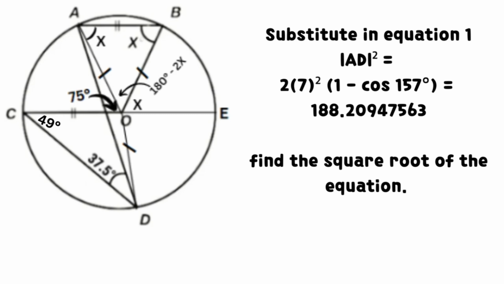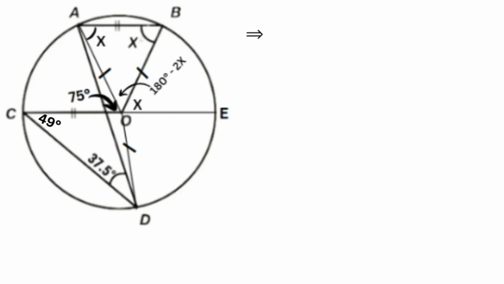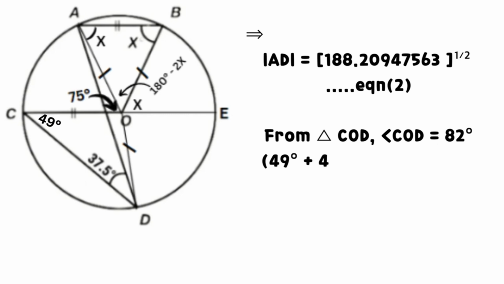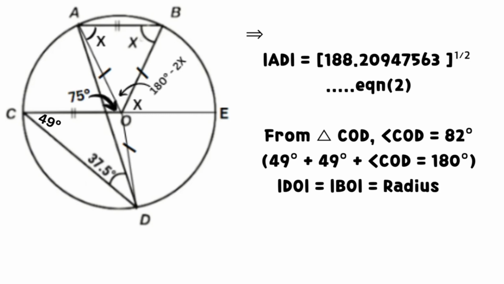Find the square root of the equation. We have that the length of line AD equals the square root of 188.20947563, which we call equation 2. From triangle COD, angle COD equals 82 degrees. Line DO equals line BO, which equals the radius, R. Using the cosine rule,